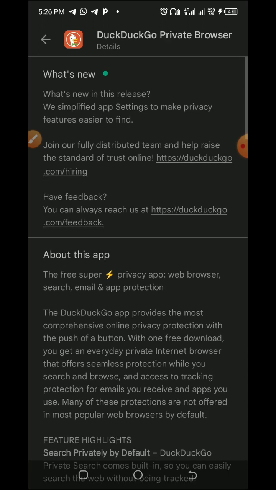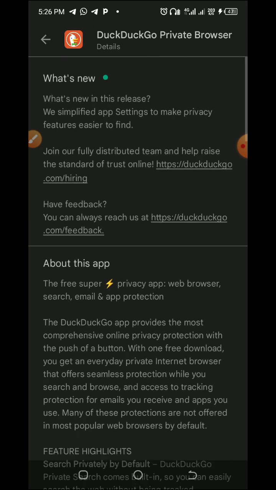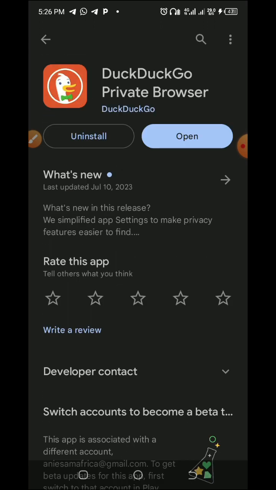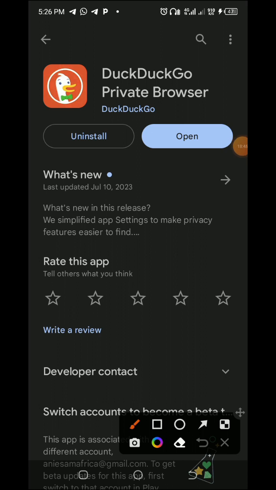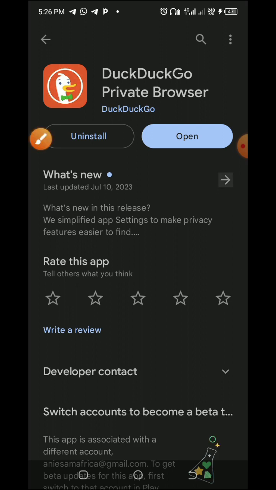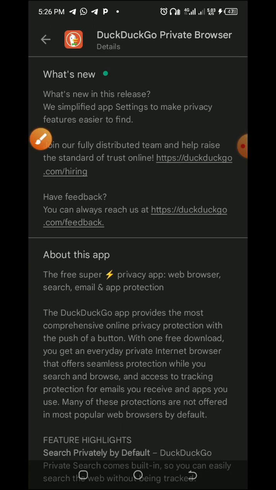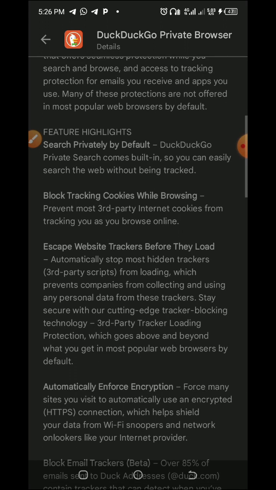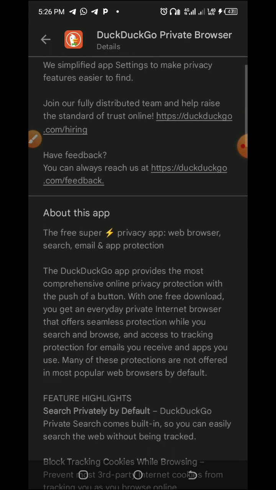So if you go to your Play Store, make sure you click here. Once it appears like this and it shows install, make sure you click on this place. You click on this arrow. Once you click on it, it will take you inside so that you can read the content, the features of this particular web browser. Okay, if you read, you will see many things. It has